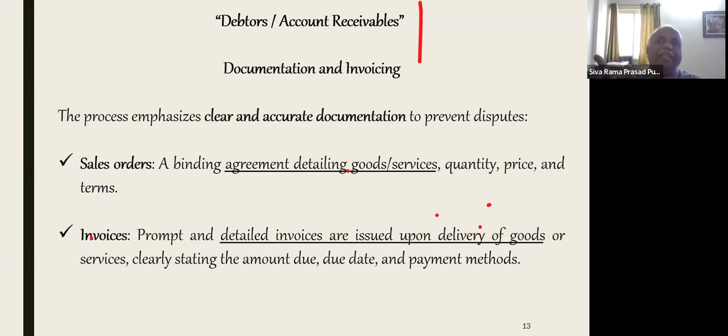So whenever a company gives credit to others, it will take a bill of exchange or some document, an invoice, the bill of lading, the railway receipt or the lorry receipt whenever it sends stocks to that particular company, and it will take the acknowledgement from that company. And when he orders the goods, the purchase order, all are documents only.